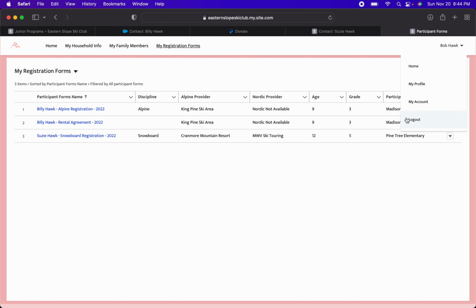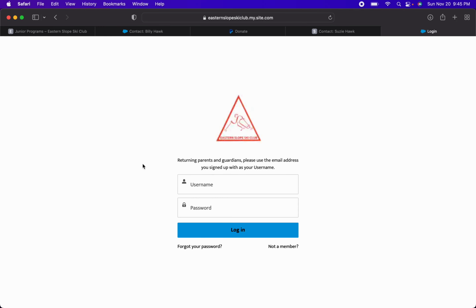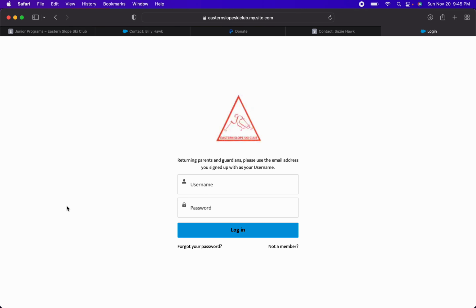Again, you can always come back to this portal if you need to check information or log back in to update anything. If you have any questions, please reach out to your volunteer